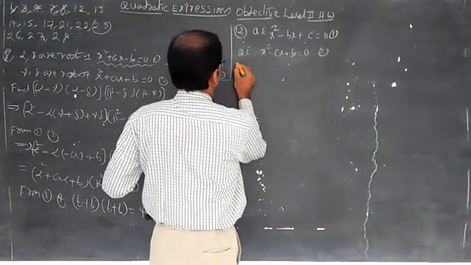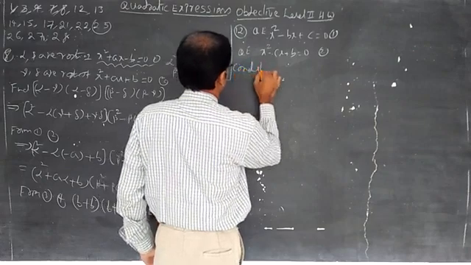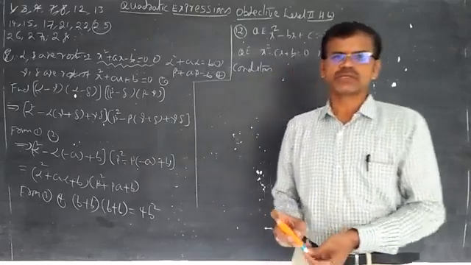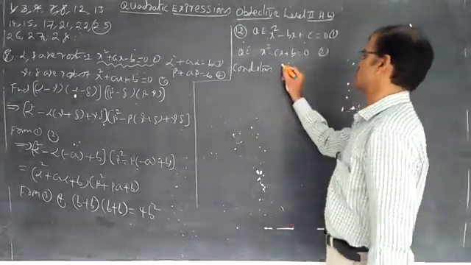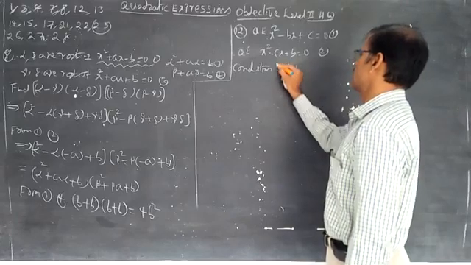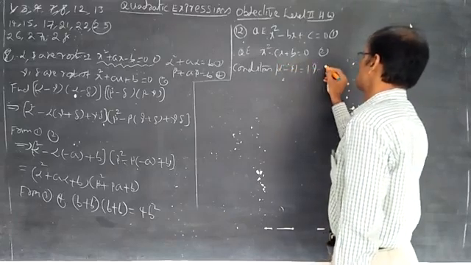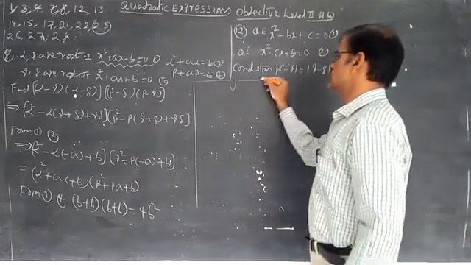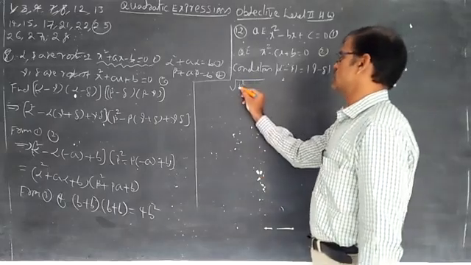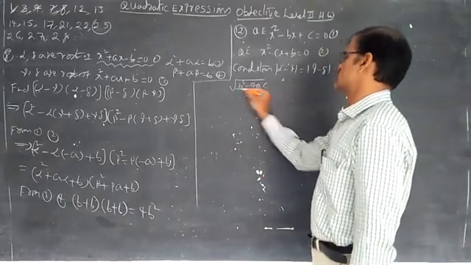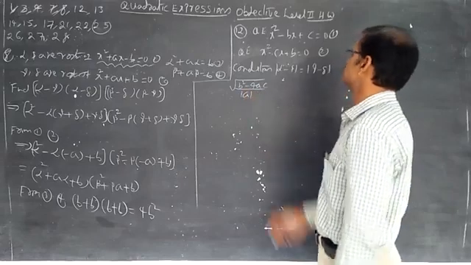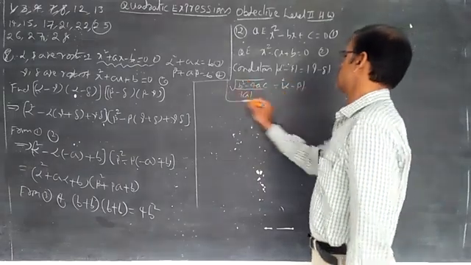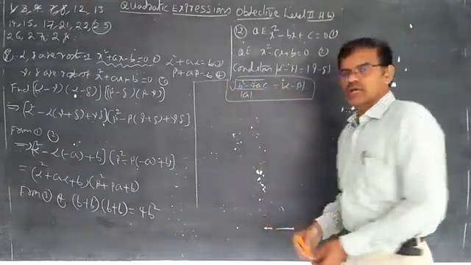Alpha, beta. The condition I am writing: the difference of roots of the first quadratic equation is equal to the difference of roots of the second quadratic equation. Then you can understand here modulus of alpha minus beta is equal to modulus of gamma minus delta. Students, I said that the difference of the roots is modulus of root of b square minus 4ac by mod a. This is the formula of modulus of alpha minus beta.